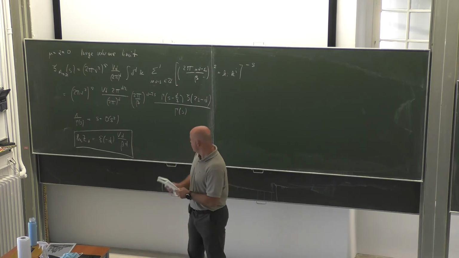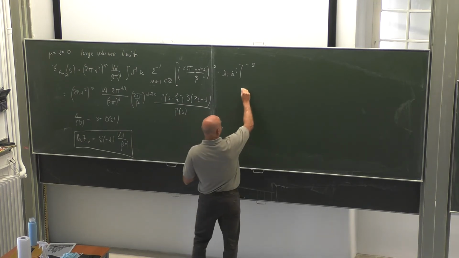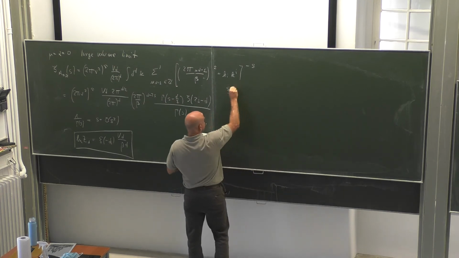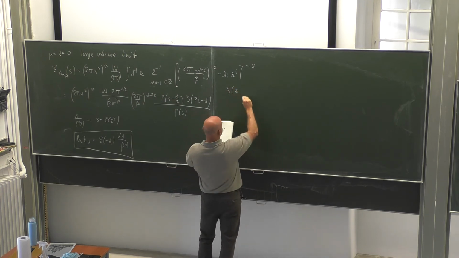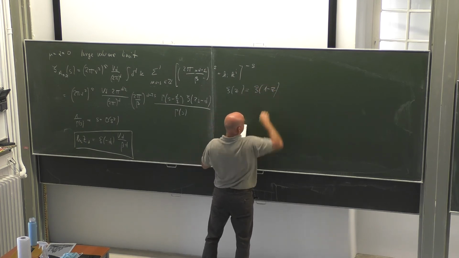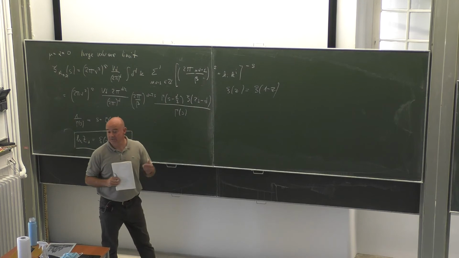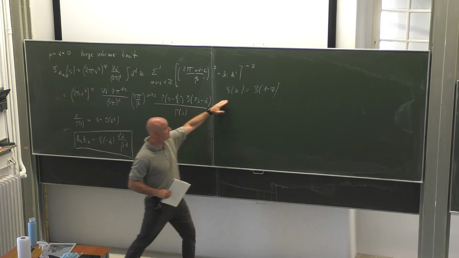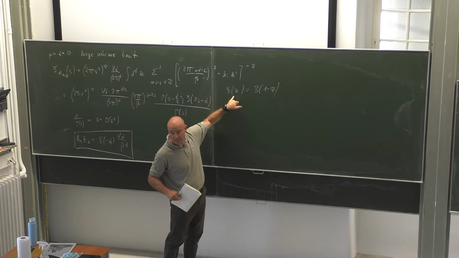This is what you have to do, and what is nice about this completed zeta function is that this reflection formula, which is the key in analytic continuation, is very simple in terms of the completed zeta function, and much simpler than it is in terms of the standard zeta function, where there's lots of factors of pi and gamma floating around. So this is the guy that you have to use, at z equal to d plus 1,